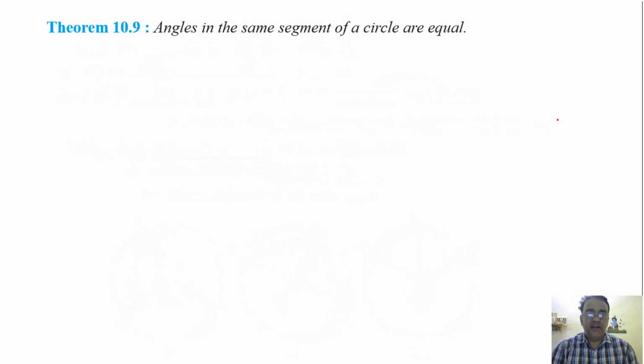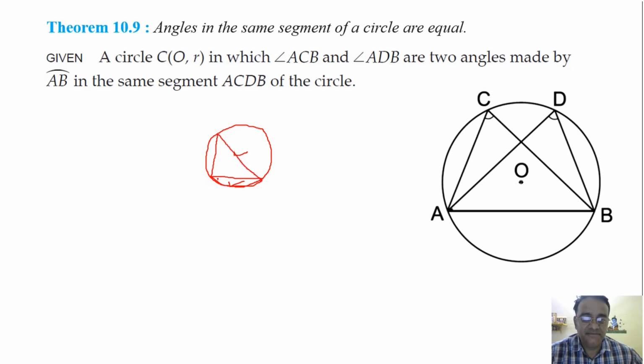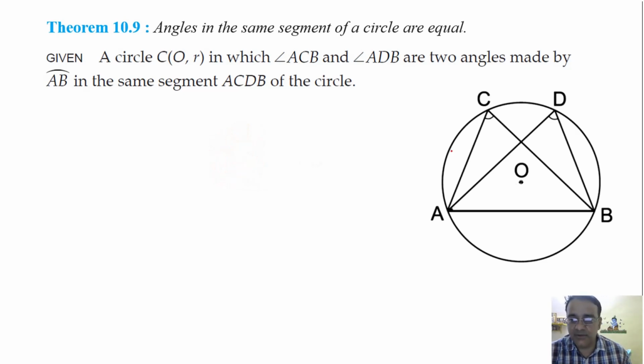No, sir. Yes, sir. Okay, now the extension of that one is: angles in the same segment of a circle are equal. So first see this figure. Same segment means, look carefully, if I make a chord here, the chord divides the circle into two segments. So if I am talking about this arc, this is the same segment. Any angles you make here, all will be equal. All angles are equal. So we have to prove that these two angles are equal.